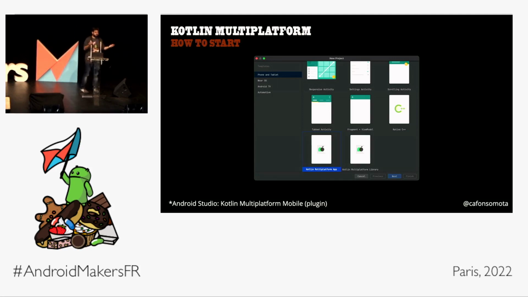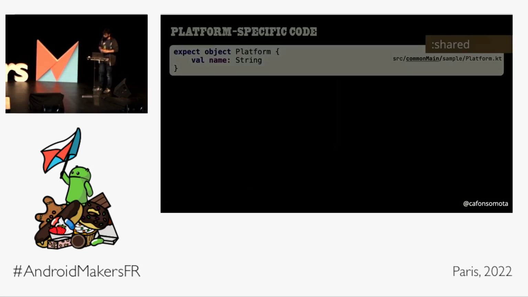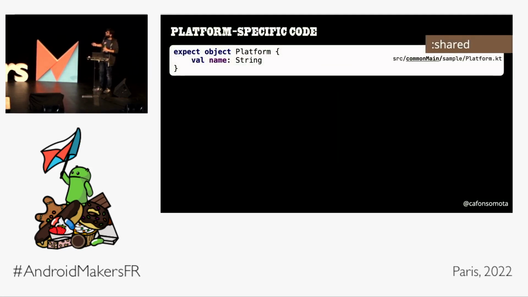Because if you develop a library in C++ or in C, you often need to say something like, if Android do this, if iOS do that, and you end up with a library that has a lot of if and else just to have different behaviors depending on the platform. With Kotlin Multiplatform, you can do something like this. There is a keyword called expect, and imagine this simple scenario. You want to define this property, and you want it to be Android on Android, iOS on iOS, desktop on desktop, web on web. You get the point.